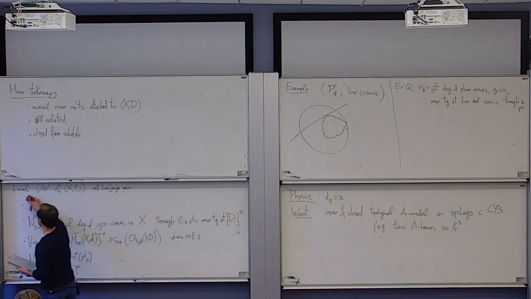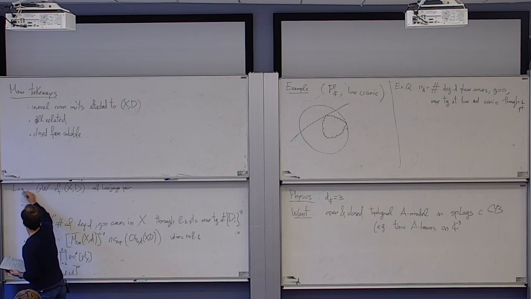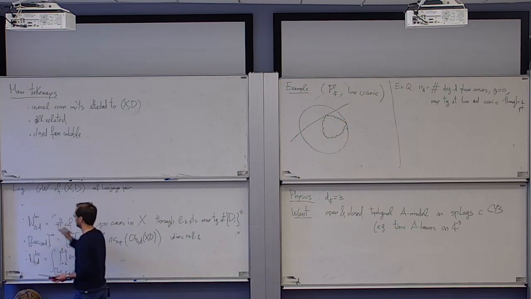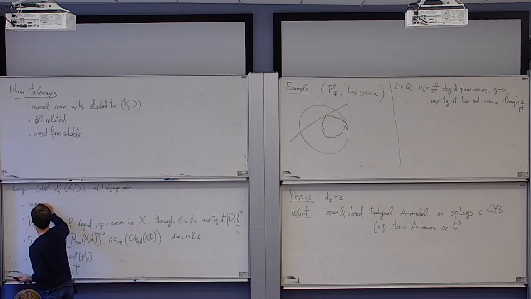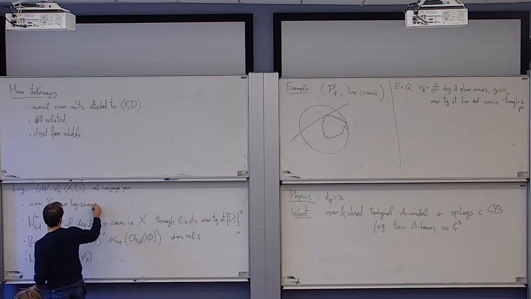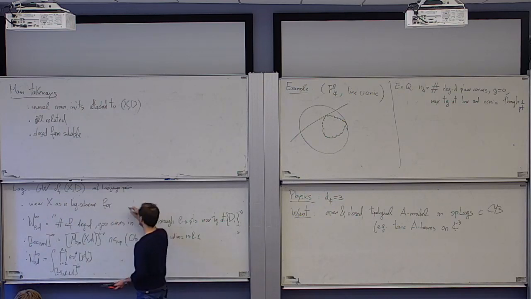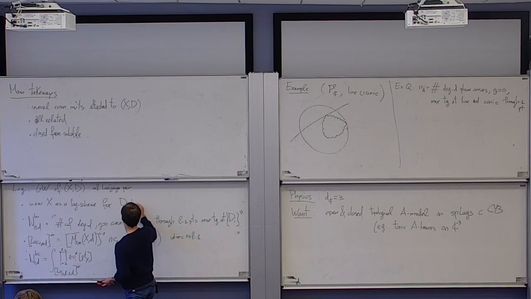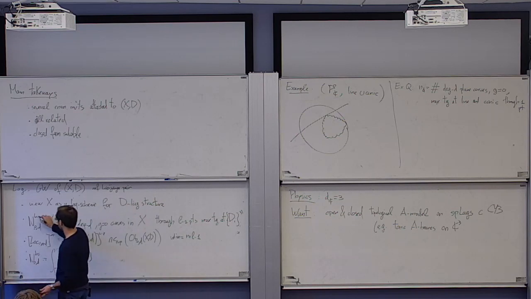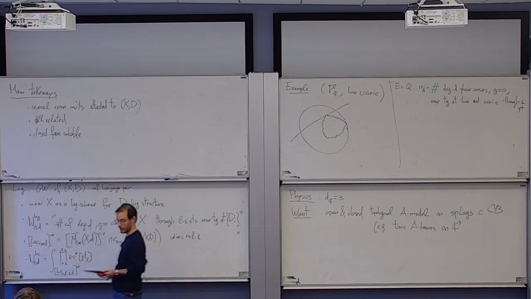So I can consider the log Gromov-Witten invariants of X and D, viewing X as a log scheme for the divisorial log structure induced by D. And the corresponding numbers, N_{0,D}^{log},